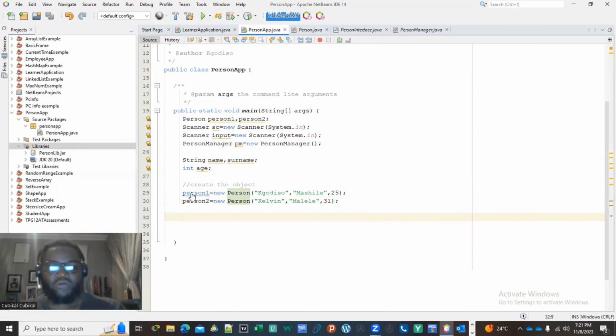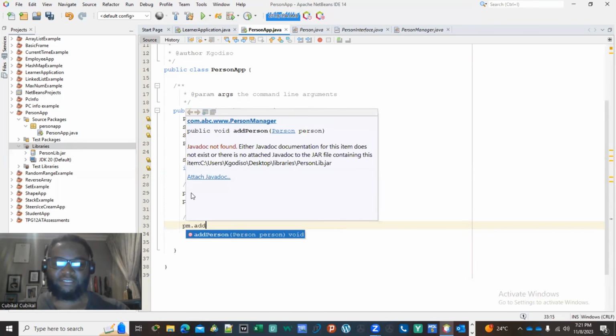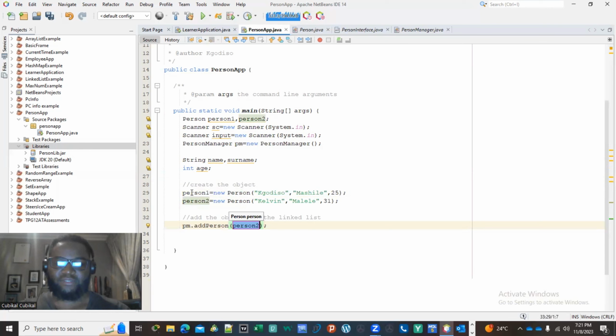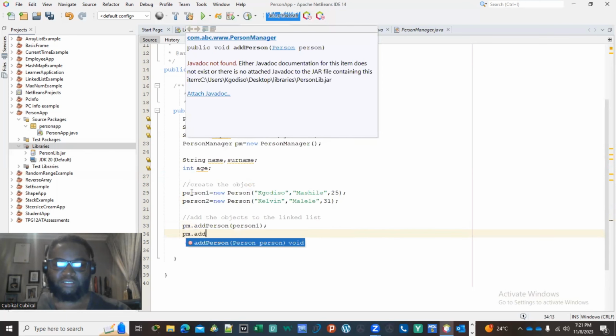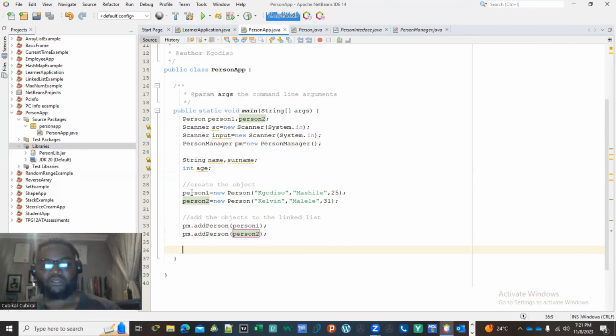So now, what we can do is add the objects to the linked list. How are we going to add them to the linked list? We're going to have to use the person manager dot add person. I'll add person 1 here. And then if I say pm dot add person, add person number 2. And then if I want to display a specific person,